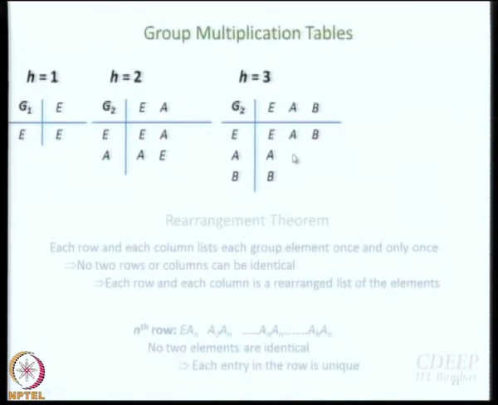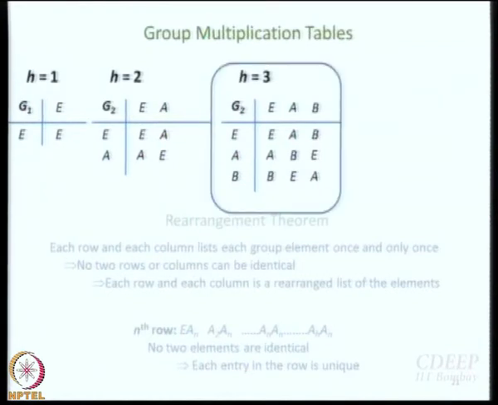What will this be? B. And what is this then? E. What is this? E. What is this? A. B. E. E. A. Right? So what turns out here is that A is the inverse of B, B is the inverse of A. This is G3.